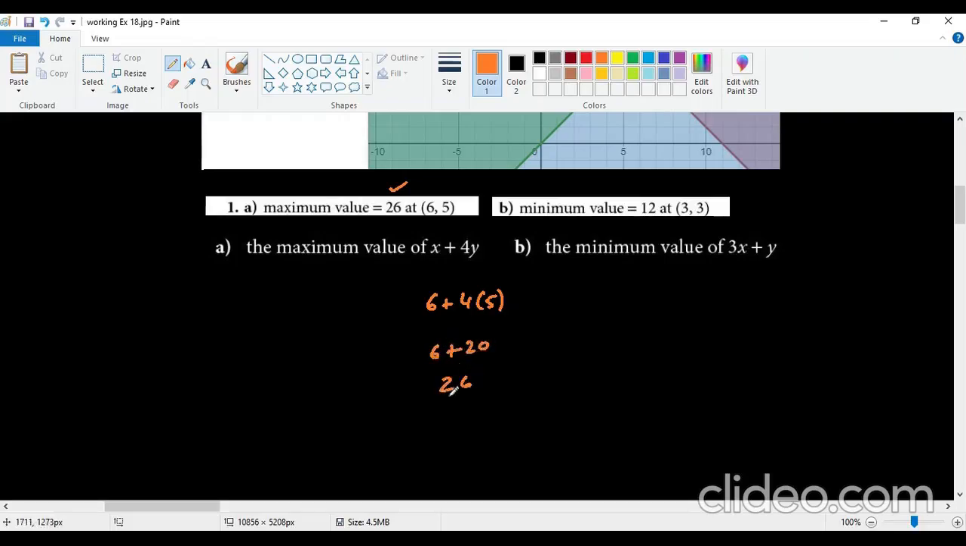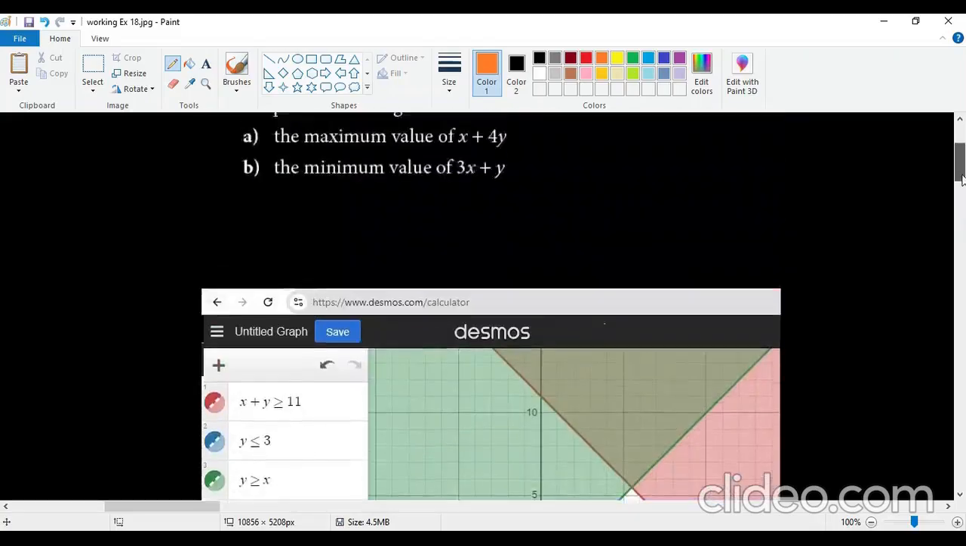So 26 is the maximum value. When it comes to the minimum value, which is 3, that means 3x, where x is 3, plus 3. That means 9 plus 3 is going to give you 12, which is your required answer. Now, coming up to question number 2,